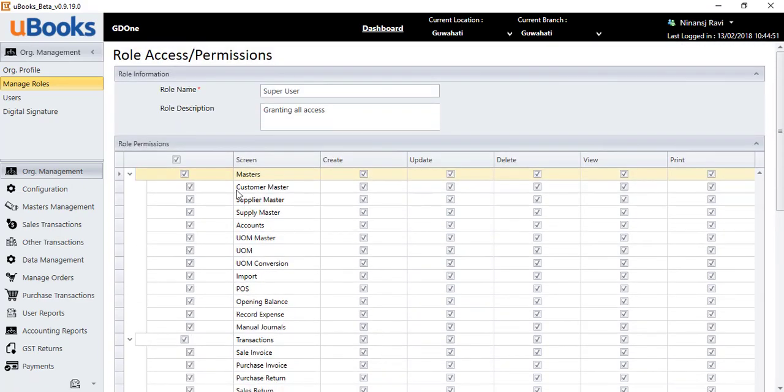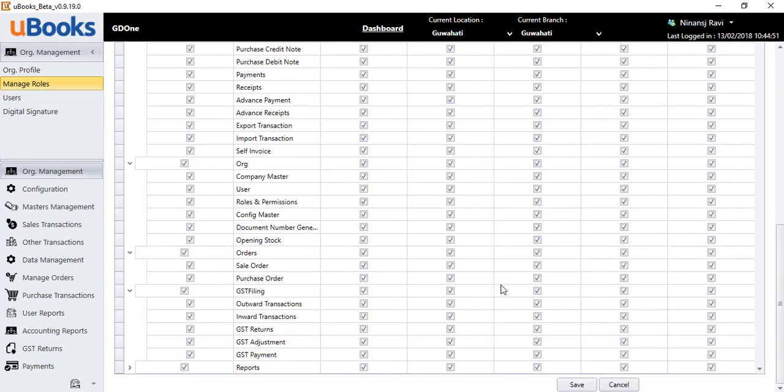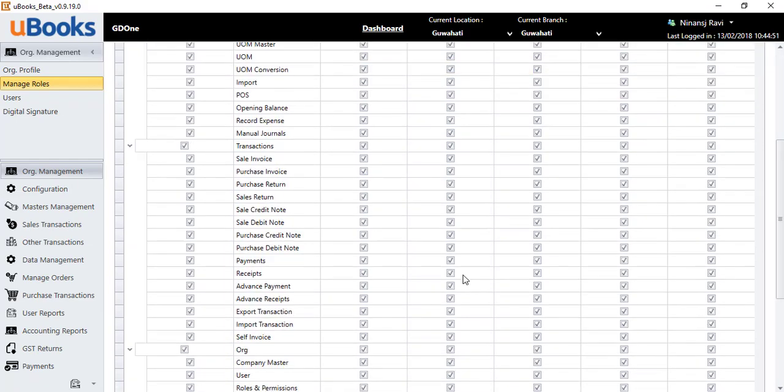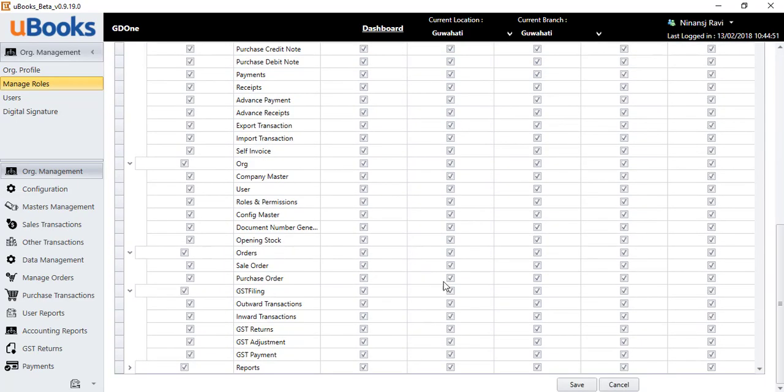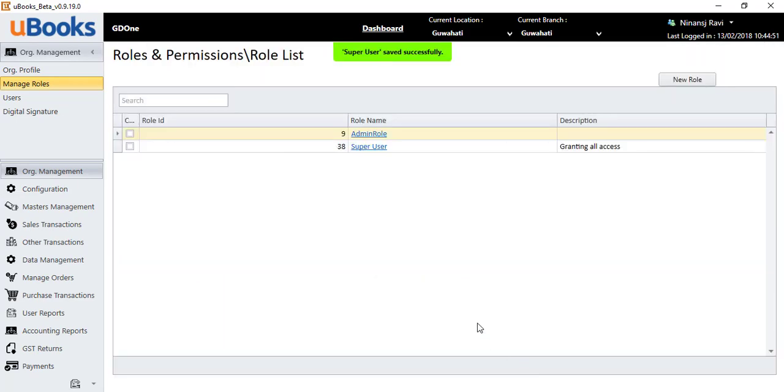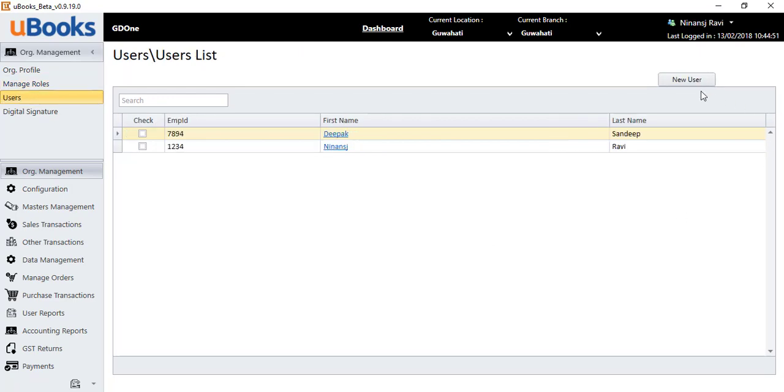Individually for each and every transaction or master, the user can have a create option, update, delete, view, and print. Whatever access controls are required for this role, the user can assign individually and save it. This is how the user can create n number of roles for one organization. Once the roles are created, go to users,